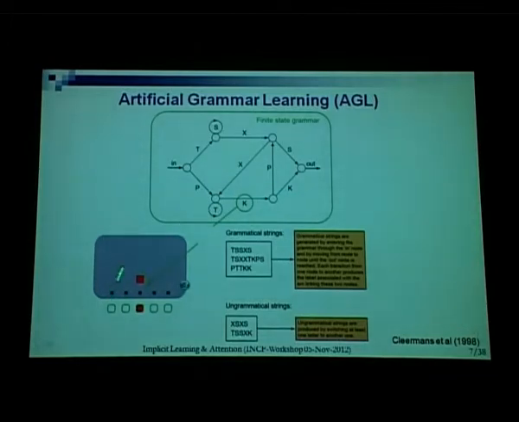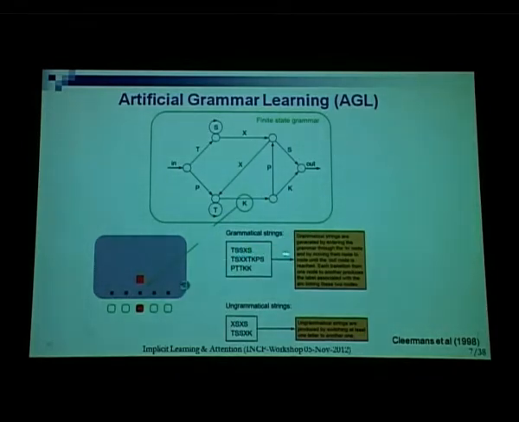Generate the sequence, and what the subjects see is a stimulus that appears at one of these 5 locations per trial, and all they have to do is press the button corresponding to that stimulus location. And as they do this, they practice the sequence that's basically coming out of this. And there are grammatical sequences. They do many trials of this, and there's implicit learning that ensues.